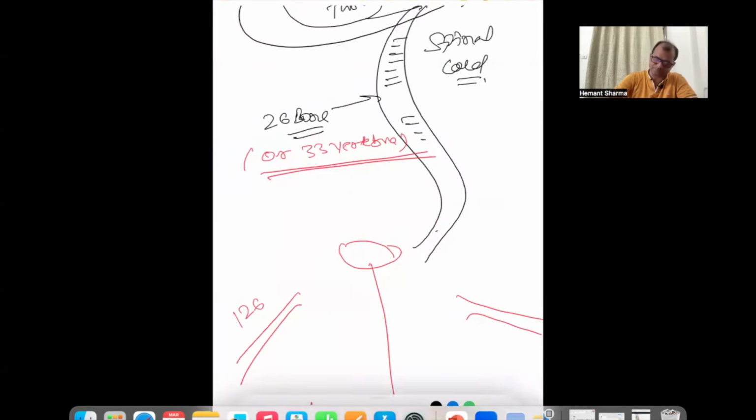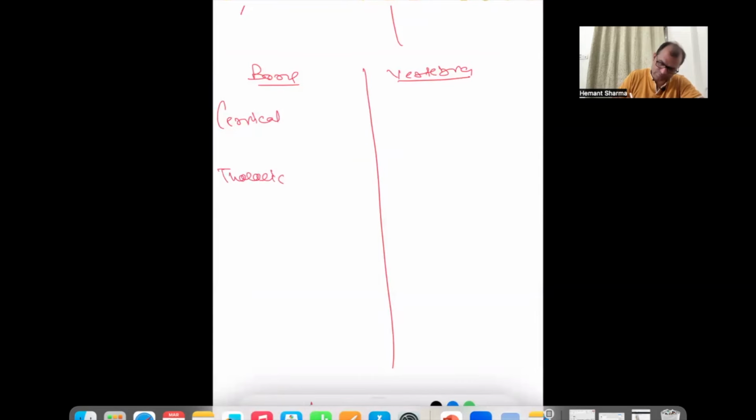Let's count here। Bone, we will count bone one side and vertebra other side। In the cervical, thoracic, lumbar, sacrum and coccyx। In the cervical 7 vertebrae, in the thoracic 12 vertebrae, in the lumbar 5 vertebrae।